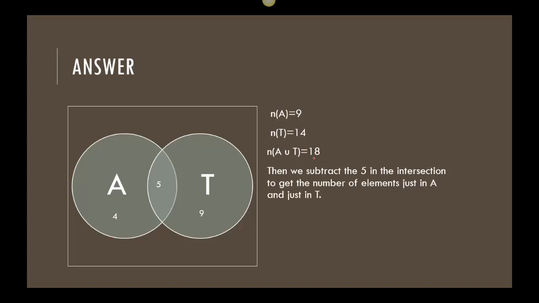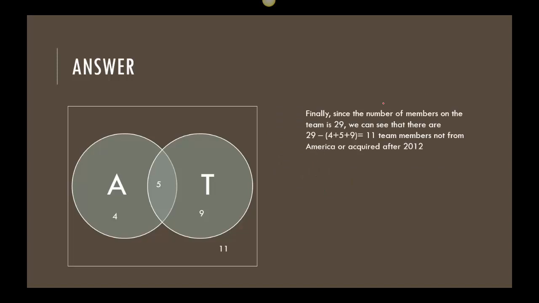The other part that we are missing is there are 29 players altogether. So this 4, 5, and 9, which we said is 18, I subtract that from 29, and it tells me 11. So 11 team members are not from America and were not acquired after 2012, which is